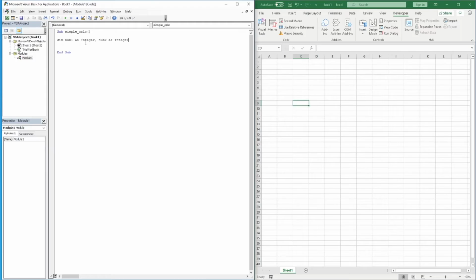Because they're both integers, and to help keep our code nice and tidy, we can code them on the same line as we've done here, rather than doing a dim num2 again on the second row. So we've defined both of our numbers as integers. The next thing we now need to do is set what the value is going to be for each number. So the first one, we've got num1 is going to be equal to input box,